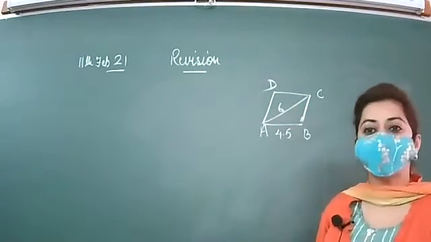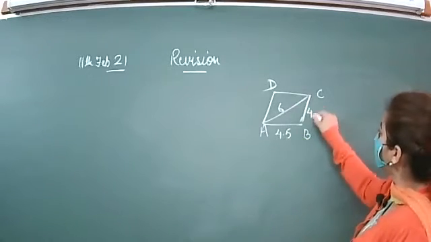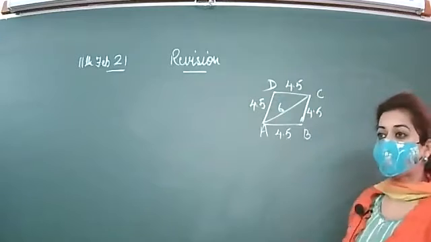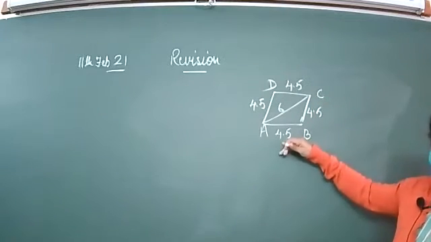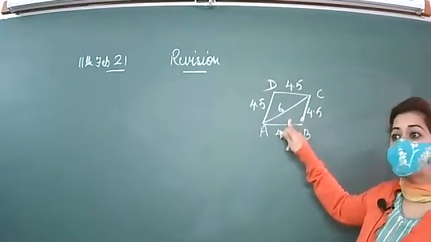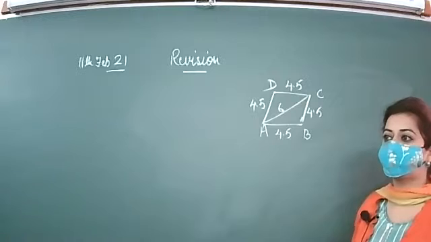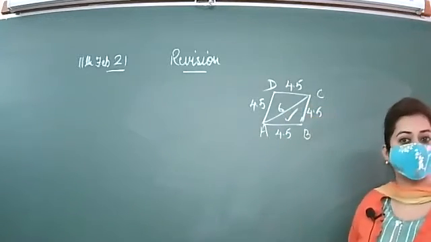And you all know that all the sides of the rhombus are equal. So if this side is 4.5, then rest of all the sides will be 4.5. Now, 5 things are there. So you can draw it easily. Start with the base. Yes, these two triangles are there in this rhombus. So name the triangle which is on the base of the rhombus. Name ABC.